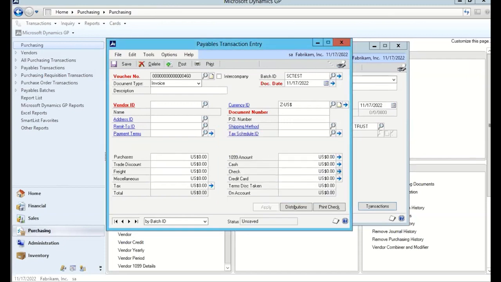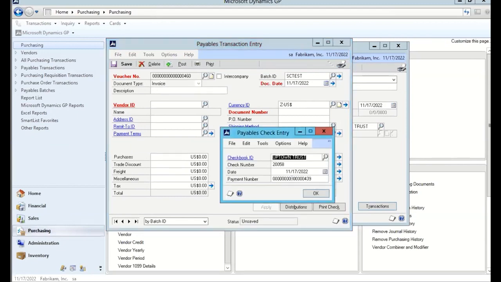So you can enter the check amount, say 500. And the system is going to generate a check number. It is also going to generate a payment number. We are going to accept this, and it's also going to show you what checkbook it's going to come out from. So once you say okay,